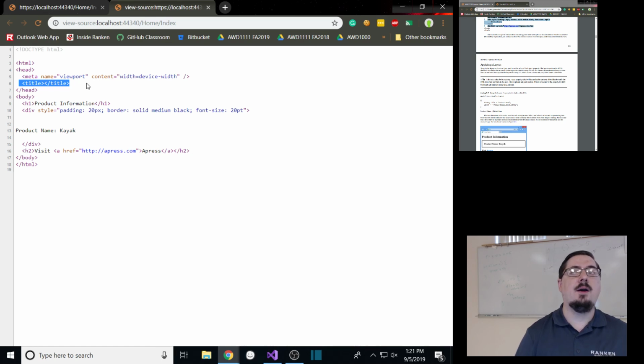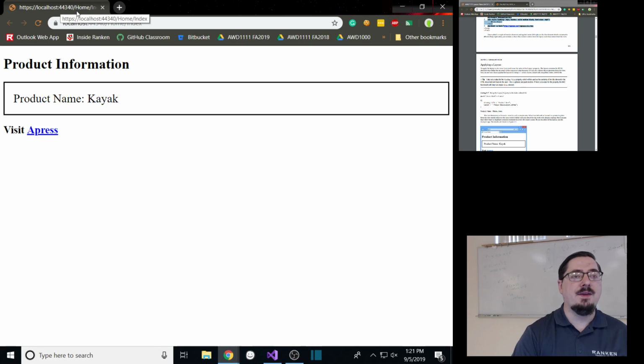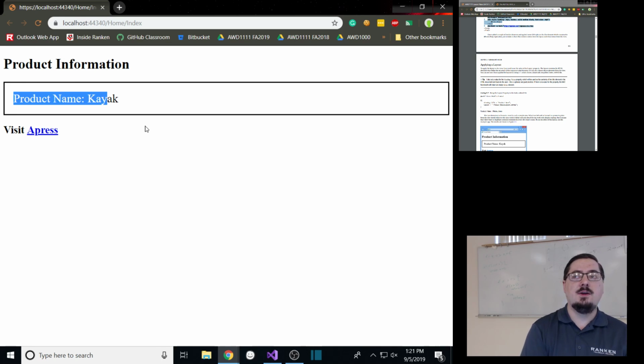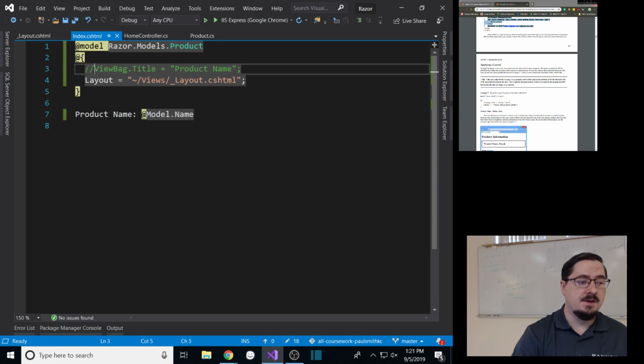If it's not there, you just end up with empty. Nothing there. And the browser says, okay, well I need to put something here, so let's just use the URL, which is not terribly user-friendly. But you can see now that I've got that layout applied, right? So this part right here in the box, that's what's in the view. Everything else is in the layout, right? So that allows me to have a lot less code